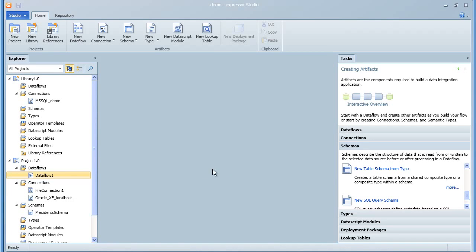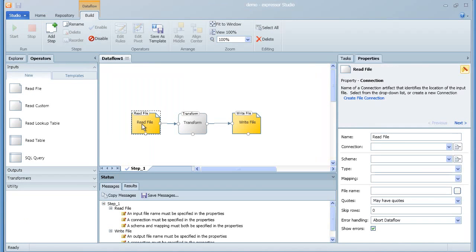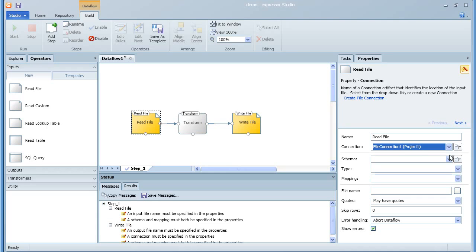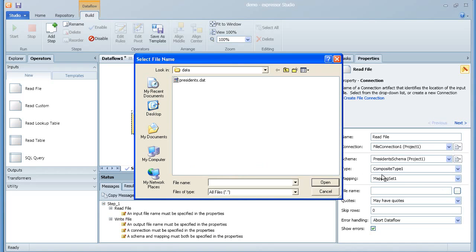Now that we have our connection and schema artifacts, we're ready to complete configuration of the data flow. We'll open the data flow and select the read file operator. And in its properties panel, we'll select the connection and schema. Now, since the connection already points to the file system location with the file we want to read, we simply need to click the button and immediately it opens the browser to that file system location and we can select